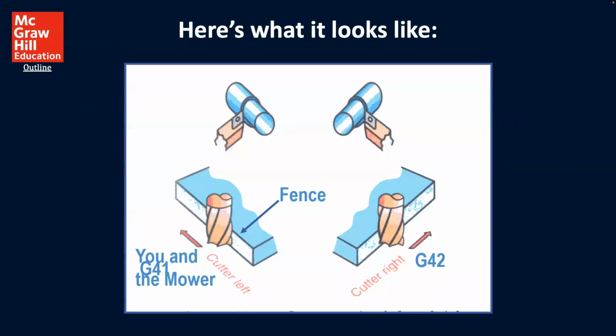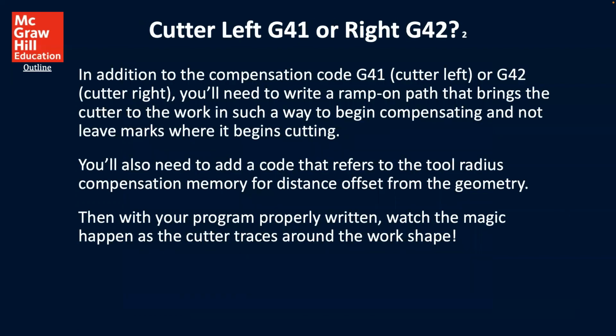Here's what it would look like, and you can see that you're either on the cutter left or the cutter right. So this would be G41, this would be G42. This will be helpful for seeing how you're going to do this for a cutting scenario. In addition to the compensation code G41, cutter left, or G42, cutter right, you'll need to write a